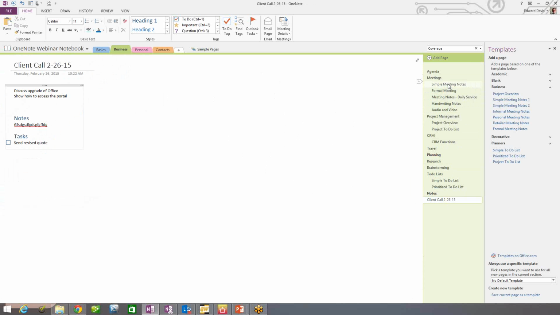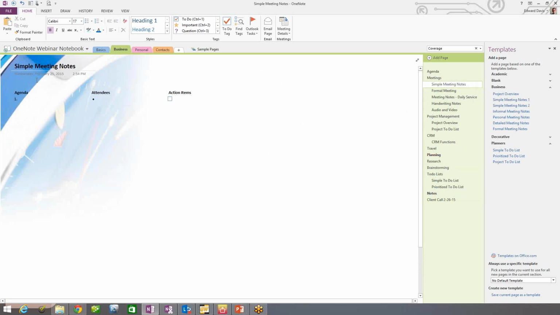Which normally is probably just fine. But as you can see, you can actually have a graphic background, or you can color the pages. So maybe you want to have pages that are yellow for certain things and green for other things. So you can use existing templates that are in here, and you can create your own. So if we had worked on this and we added a bunch of things and we want to make this a template,